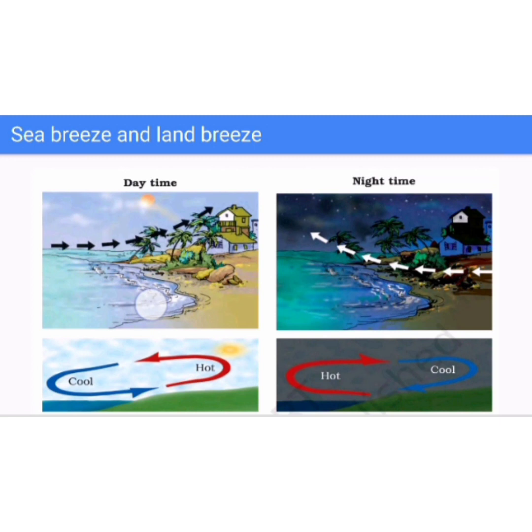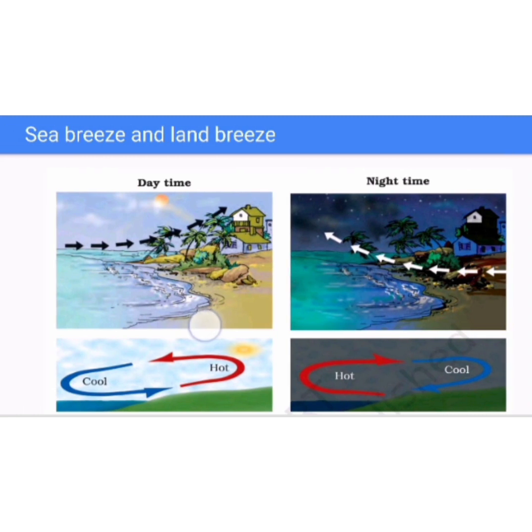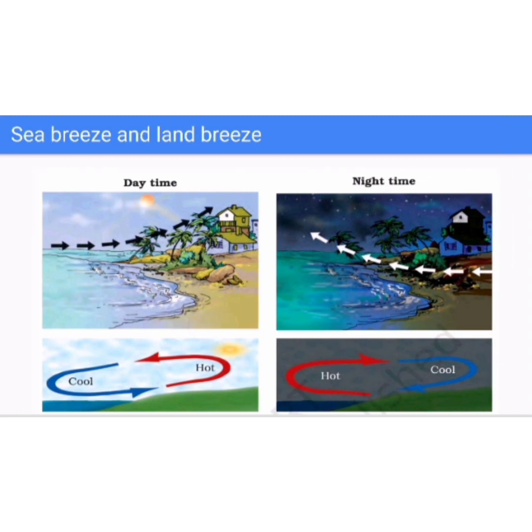The cooler air from the sea rushes into the land to take its place. The warm air from the land moves towards the sea to complete the circle. The air from the sea is called sea breeze. To receive the cooler sea breeze, the windows of the houses in hostel areas are made to face the sea.